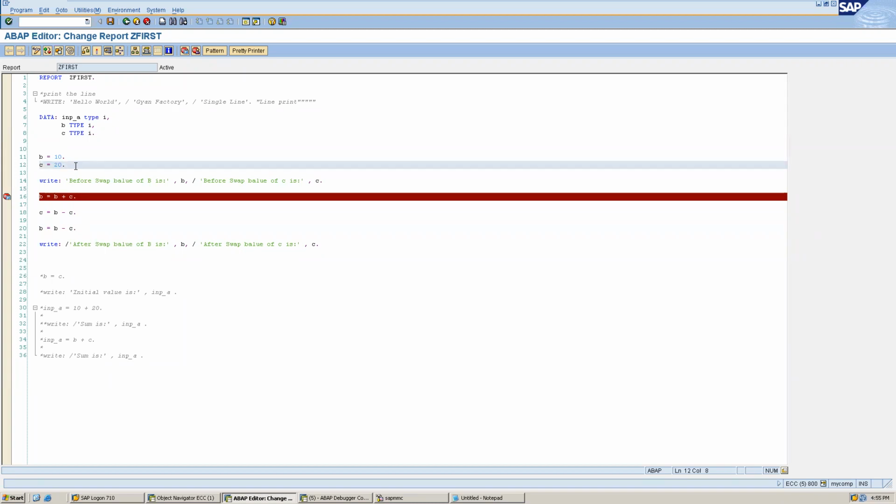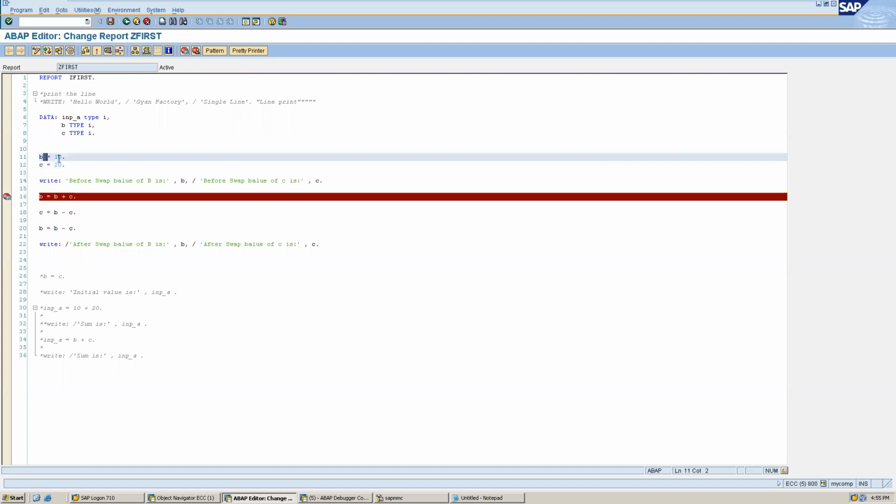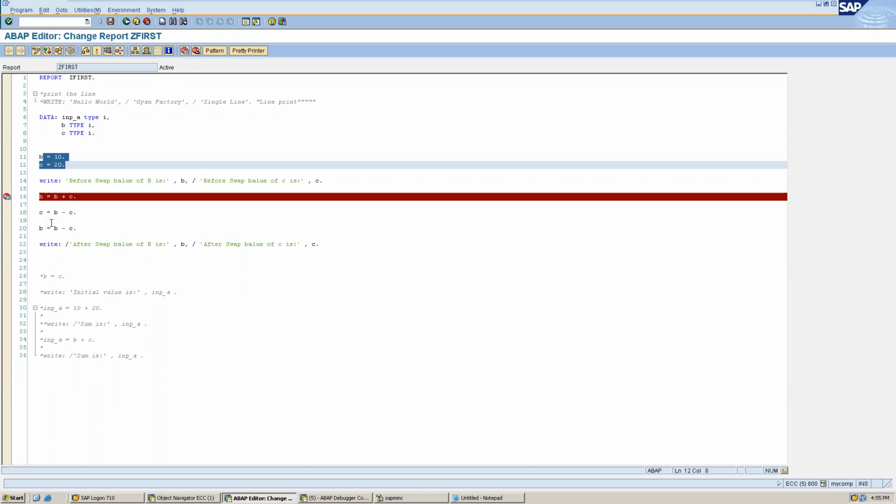But I promise you we can do this for any value. For any value, first of all, we have to learn how we can take any value from the user as an input, because this is hard coded as of now, and anyone can write a hard coded logic like you guys have written. Anyone can write B equals to 10 directly, C equals to 20, and then print, right?